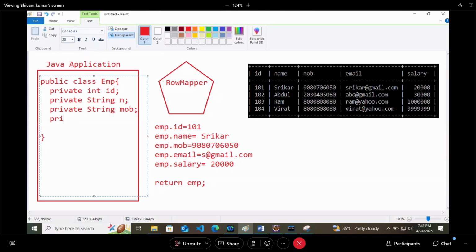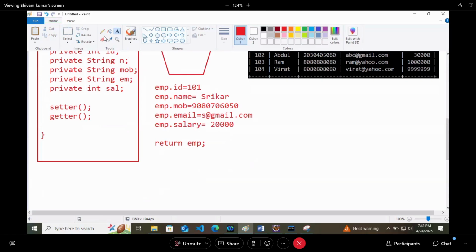Along with the getters and setters. Email is also a String, and private int salary. So that is how you should have an Employee. And now as the fields are private, we should have all the setter methods and all the getter methods as well, so that whenever you get this object, you can print it in the main class.